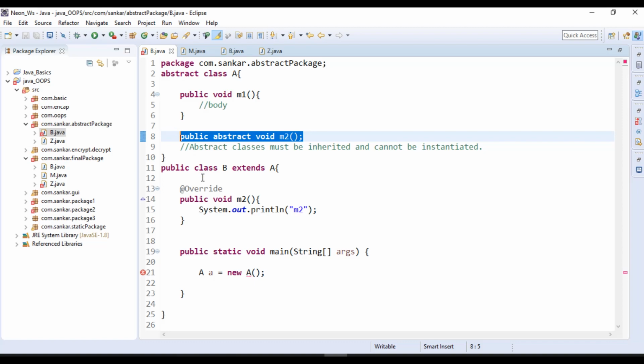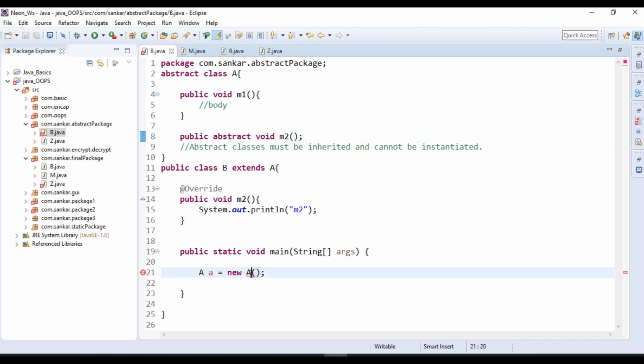If a class is an abstract class, we can't create objects for it. If you were allowed to create objects, that class may contain abstract methods, so how could you call them and what would that method perform? So for that reason they restricted creating objects for the abstract class.